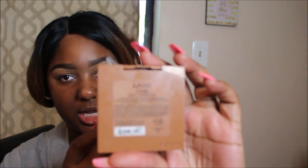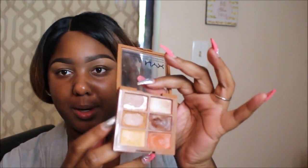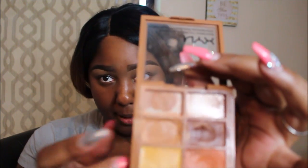Is this concealer? It's really cheap. It's NYX. It's the palette. It comes in this shade called Deep. And I use this color right here to clean up the bottom of my eyebrows. I'm also going to use that color, let me zoom the camera in, to go ahead and help cancel out